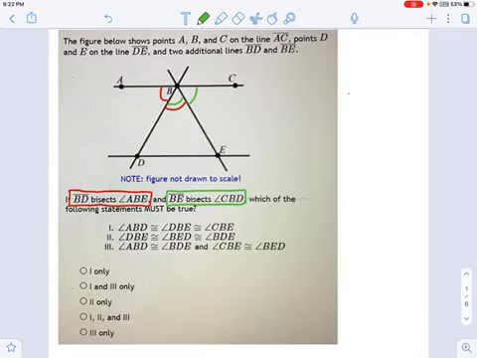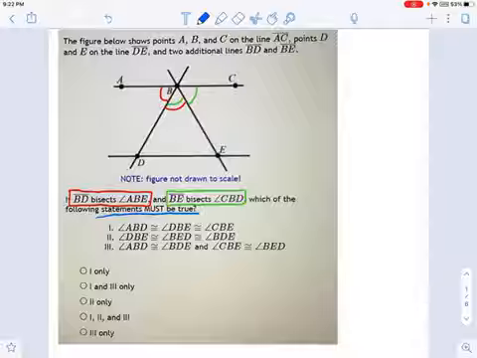Unfortunately, there's nothing else given to me in this version of the problem. See these two lines right here? You might be tempted to think those are parallel lines, but in this problem I'm looking at, it doesn't say anything about it, so we cannot assume they are parallel. We just have to say, well, maybe they are, maybe they aren't. Which of the following statements must be true? Remember, all I know is that the green angles are all equal to the red angles.